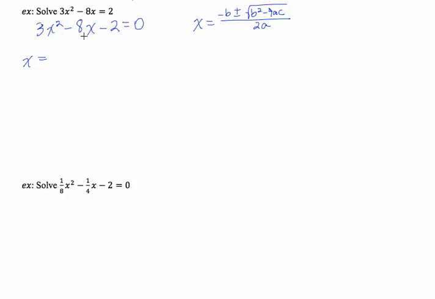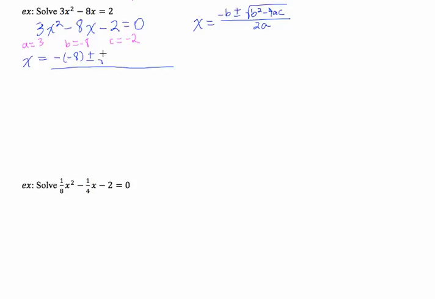Negative b is the negative of negative 8. Okay, let's write out what a, b, and c here are. A is 3. B is actually negative 8 because you do include the sign. And c is negative 2. So write those out if you need to. Okay, when we plug all of those in up here, we get negative b, so we have the negative of negative 8